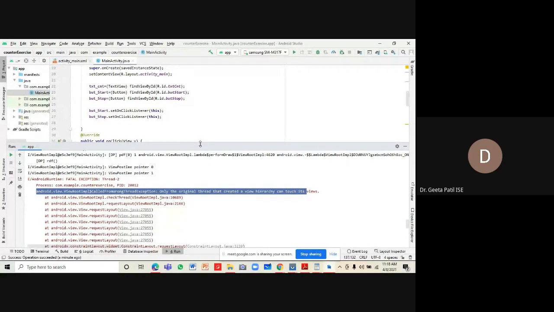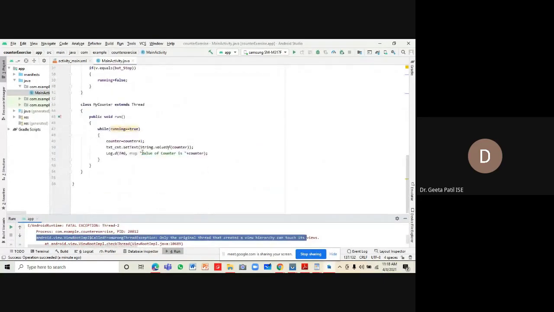Okay, see, in this program, where are we changing the label of the text view? We're changing the label of the text view in my counter function, which is a separate thread. In this separate thread, we are incrementing the counter and we are changing the view. We are changing the label of this text count view, which is not possible. That is why we have got this error, which says that only the original thread that created view hierarchy can